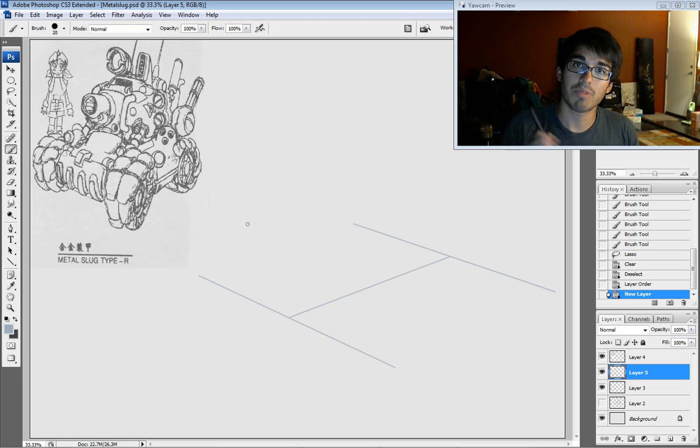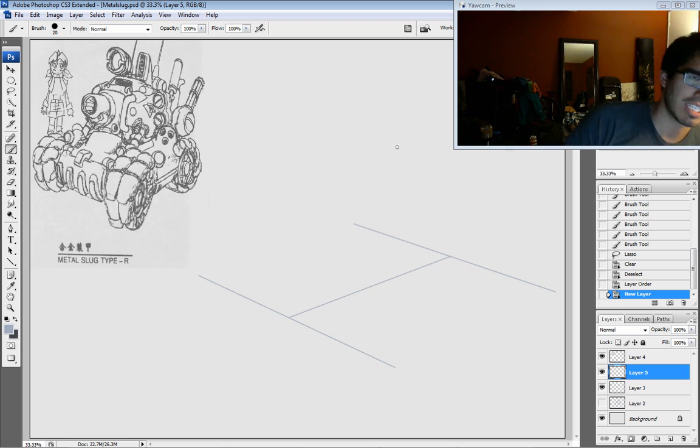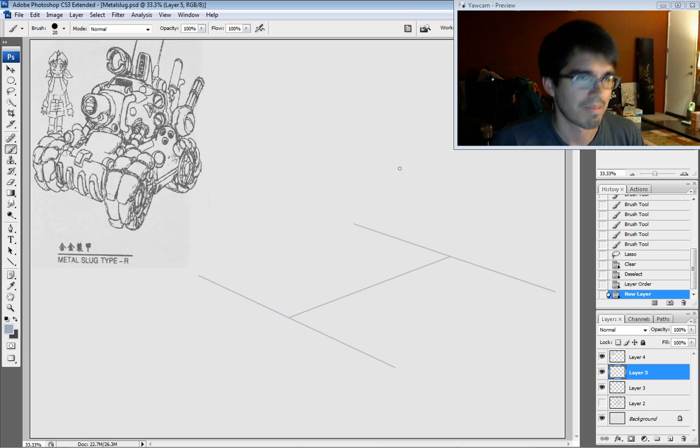So today what we are going to be drawing is, as you can see right over here, our good friend the Metal Slug from SNK's arcade series. It's an amazing game, one of my favorites, and I thought it would be a great way to demonstrate how to deconstruct this vehicle and basically render it in a 3D space, and then you can take what you learn from this to create your own mechanized vehicle monster things. And the Metal Slug is actually a very good candidate for this because it has a lot of organic as well as